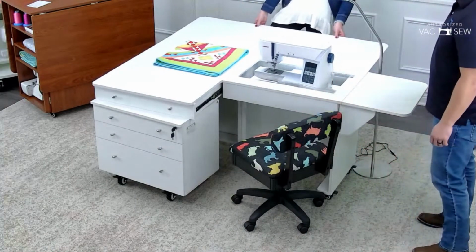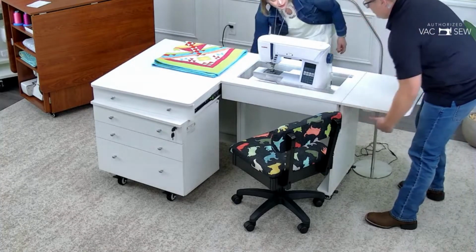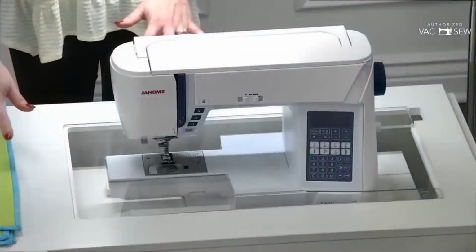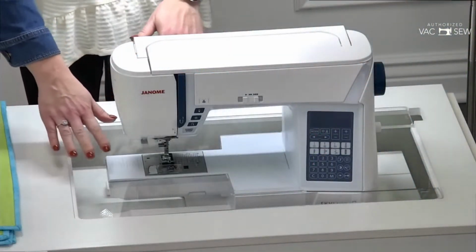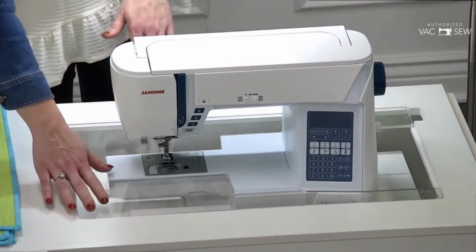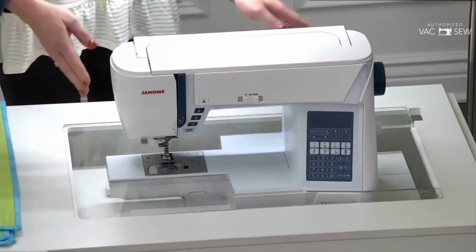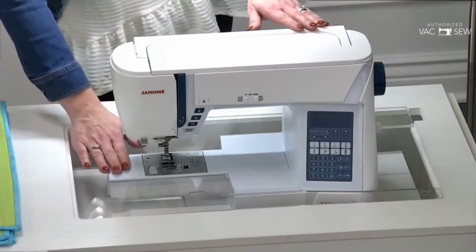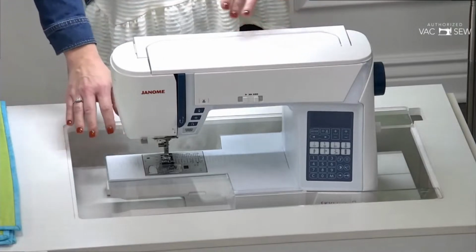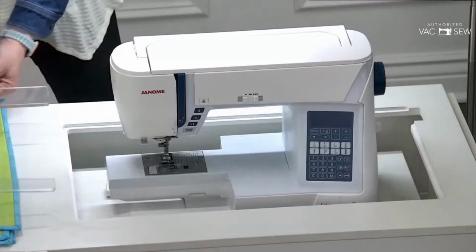I'm just going to close up the back here so we can show you the lift. As Scott was showing you, when you have everything set up, you've got that nice flat work surface. This is what we call our flatbed sewing surface. You can order an acrylic insert that's custom cut to the opening of this cabinet for your machine. That's going to be super nice to have so your wrists aren't catching on the edges and your stitches are not going to be pulling or dragging. You can easily take this out and then